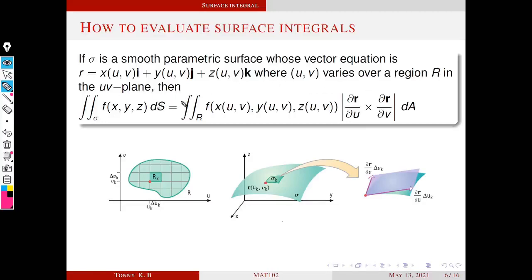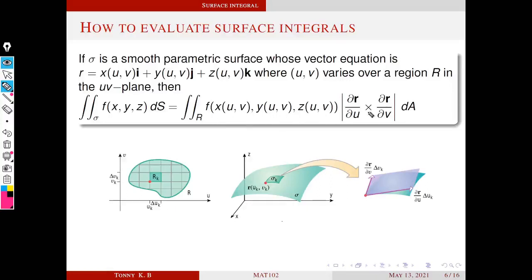Then the double integral over sigma of f(x, y, z) dS is equal to the double integral over R. R is the region in the uv plane, or you can think of it as the projection onto the uv plane. First of all, we convert everything in terms of u and v, everything in terms of the parameter values,